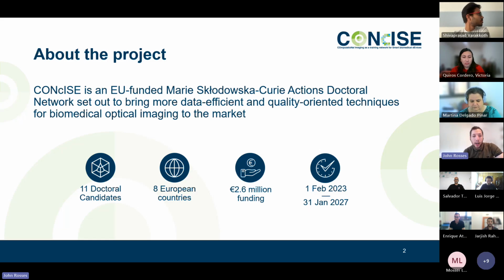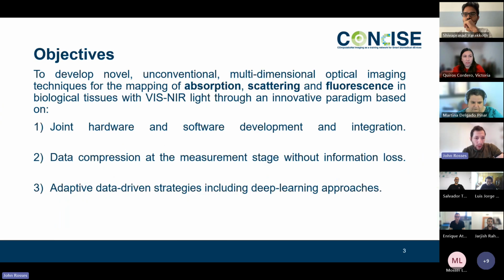And it starts on the 1st of February of 2023 with all the recruitment process, and it's going to end in 2027. The objective of this doctoral network is to develop novel and conventional multidimensional optical imaging techniques for the mapping of absorption,